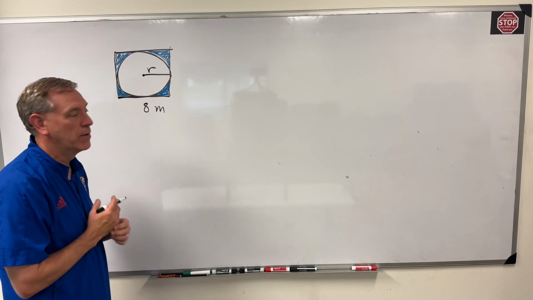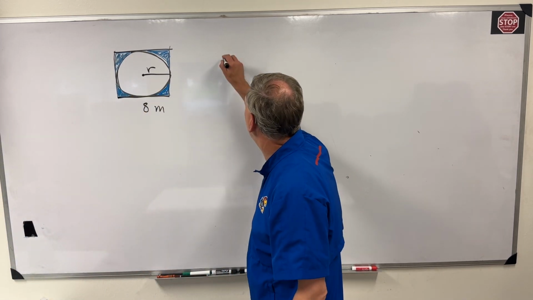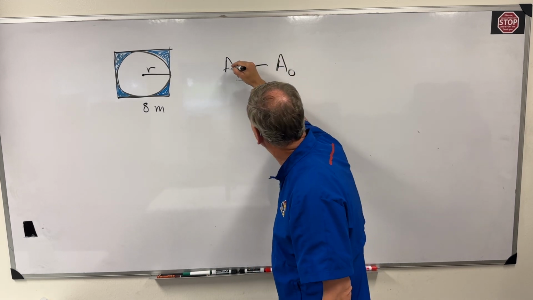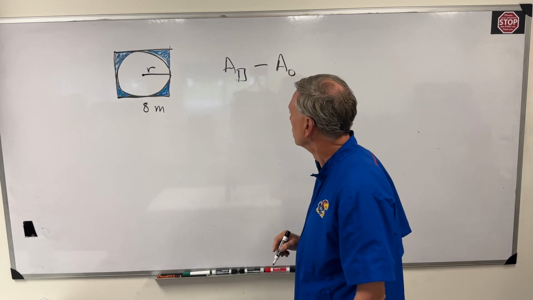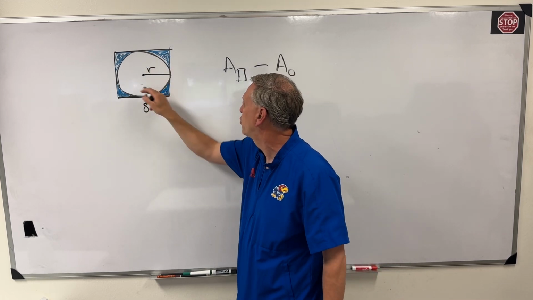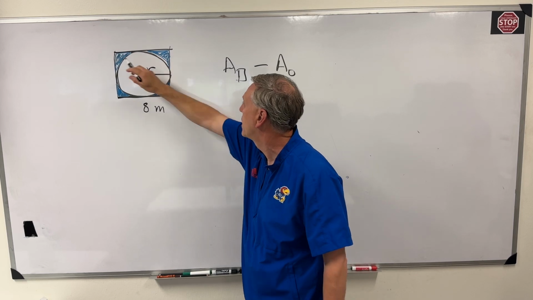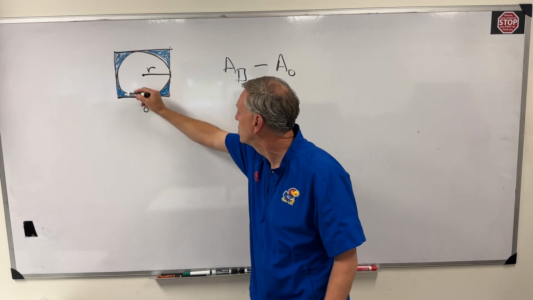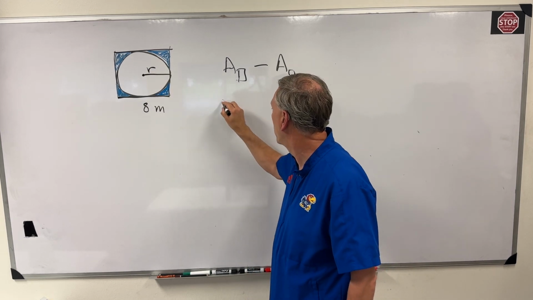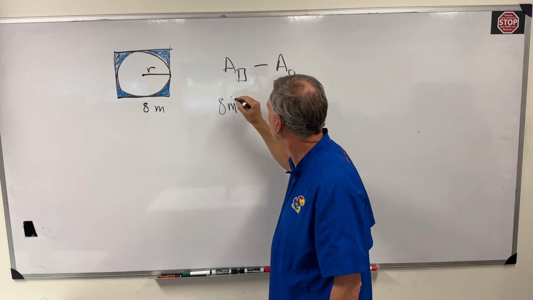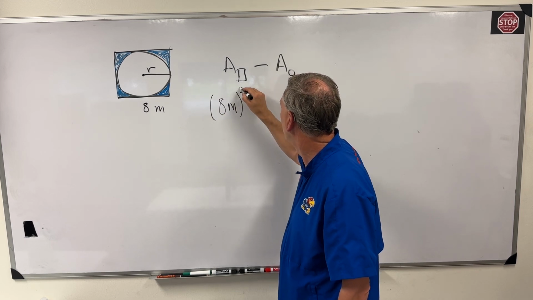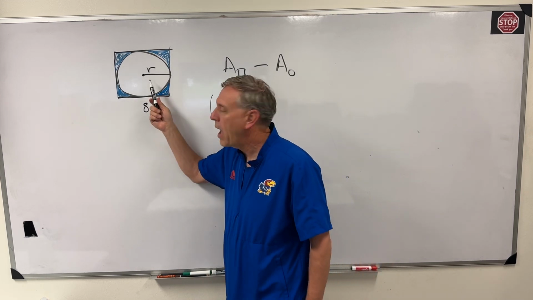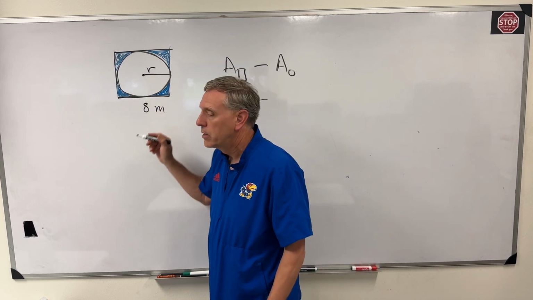If I said the length of this side is 8 meters, and I asked you what is the area of the blue area, well, I'm going to take the area of the square and subtract the area of the circle from that. So I can find the area of those 4 blue sections. Well, the area of the square is 8 meters squared. And the area of the circle, now, we don't have the radius,